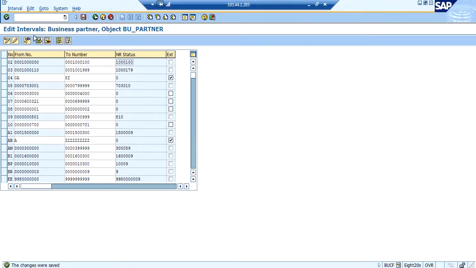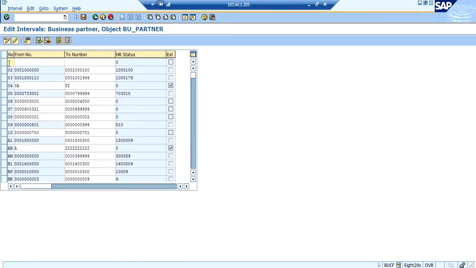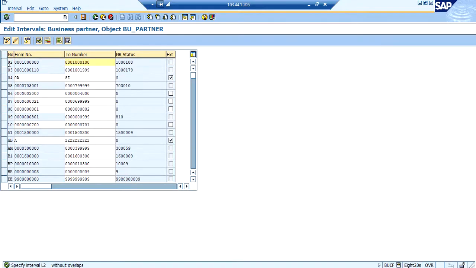So for that purpose we are creating a number range. Somewhere there is an overlap.